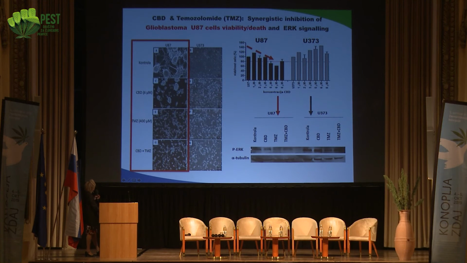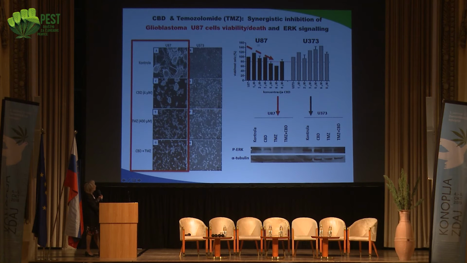Then we have used also temozolomide, and this is a final goal, that we would do the combination with temozolomide and cannabinoids, as you have also heard yesterday, that this is where the clinics is going. Clinics will never use only cannabinoids. In clinical practice, we will use a combinatorial principle. So we have used here temozolomide. Indeed, the cells are even more disorganized, disrupted, and here we have used the two, and this is really highly effective in causing cell death, but this cell line did not change so significantly. And also viability of this cell line is not affected.